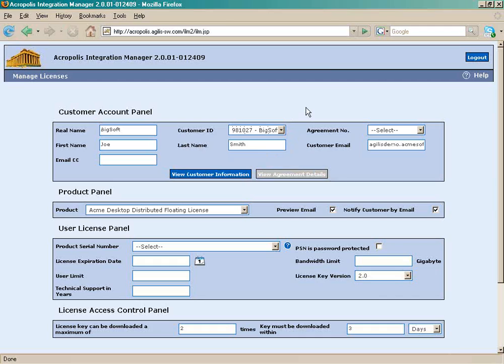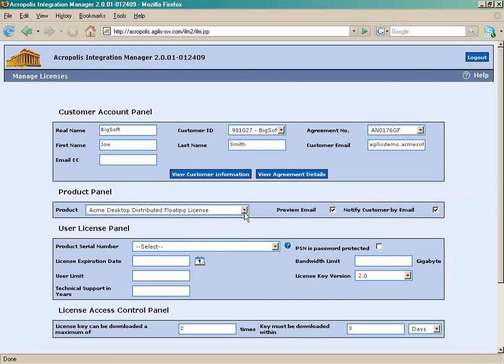And for a given customer, you might have several different license agreements with them, perhaps with different terms and so on. So a construct supported by AIM is the idea of having a number of different license agreements all with the same customer. So let's pick an existing license and say we're issuing a license under an existing license agreement. Okay, so I've got the customer, I've got the license agreement.